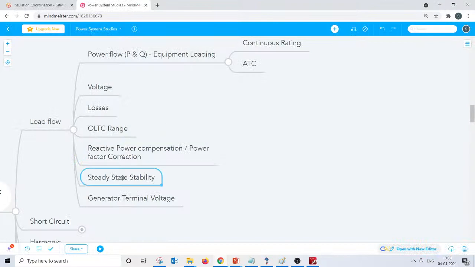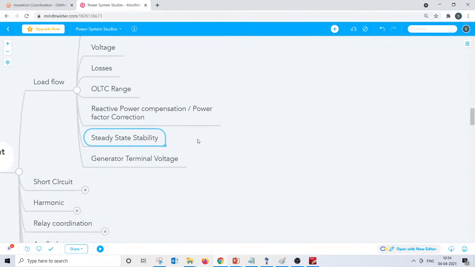Steady state stability: whenever the power flow in a branch increases, the angle separation between the two buses will increase, and that results in an unstable situation in the steady state itself. It is not a transient instability, it is a steady state instability. We will see more in the simulations in the upcoming weeks, where we need to use a fixed series compensation or a dynamic series compensation. All these things with respect to stability we will see.